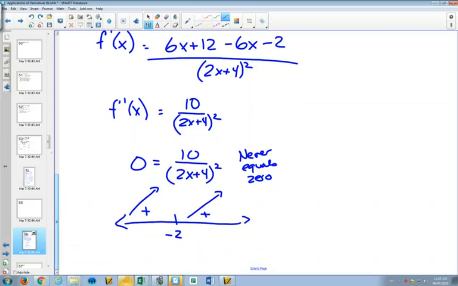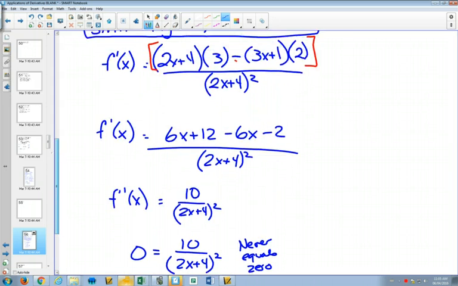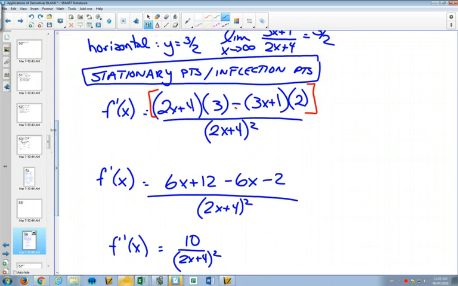So it's never equal to 0, and we find out that our function is always increasing. We still had to include -2 on our number line, because at an asymptote, it could change from increasing to decreasing. But in this case, it doesn't. Now, right beside this, now that I've simplified my derivative to 10 over 2x plus 4 squared,